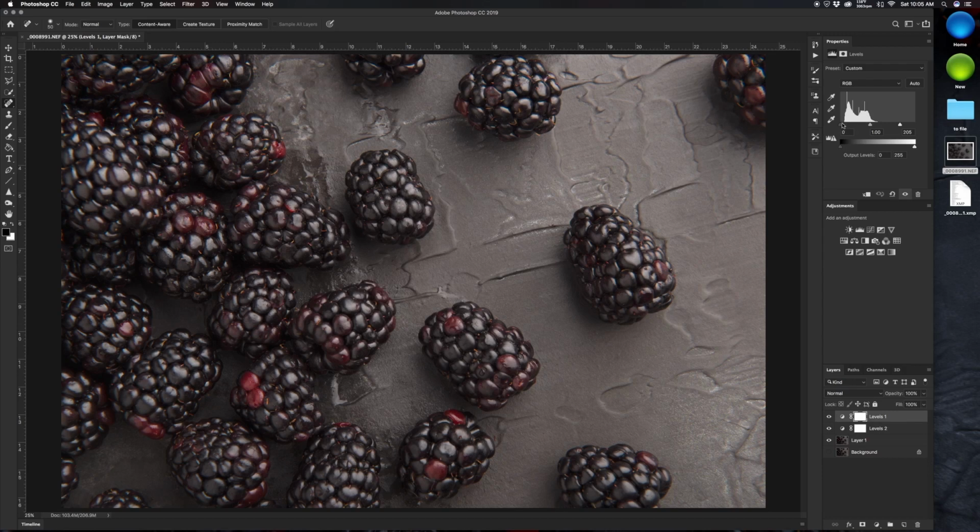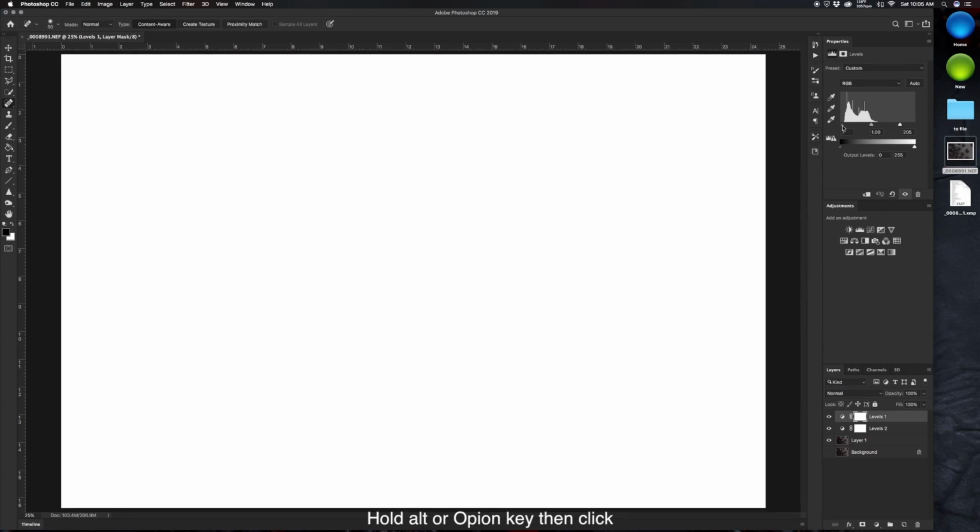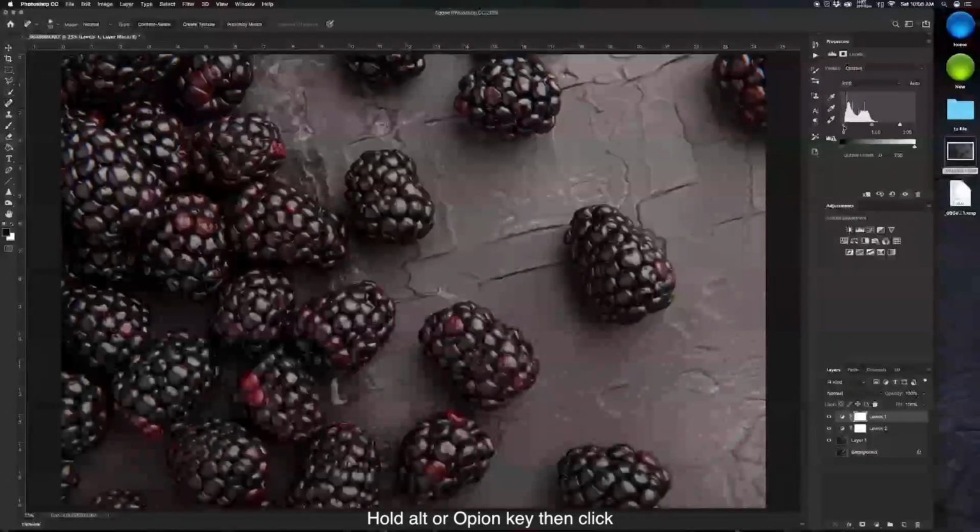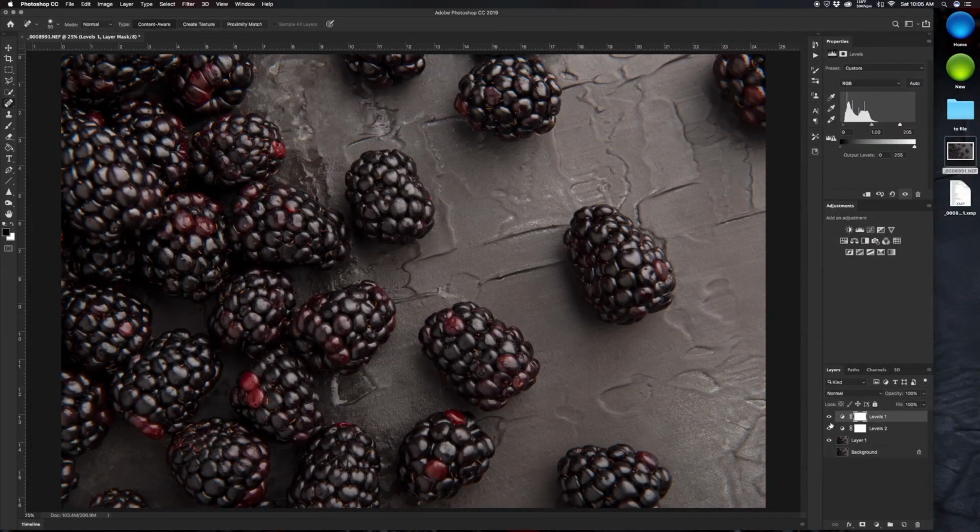See, the black areas have now moved over, and you'll hold down Alt, left click again, and slide that over until you see your first black pixel. This one's probably going to be chunks like we had before, so I'm going to back it off until we don't see any, which is around 9. And now you've got an image with no pure white blown out pixels and an image with no pure black